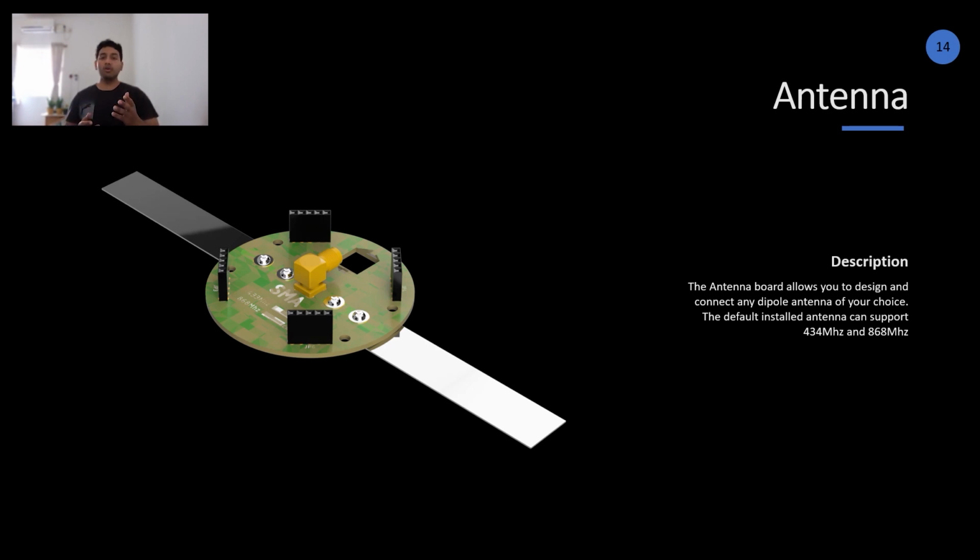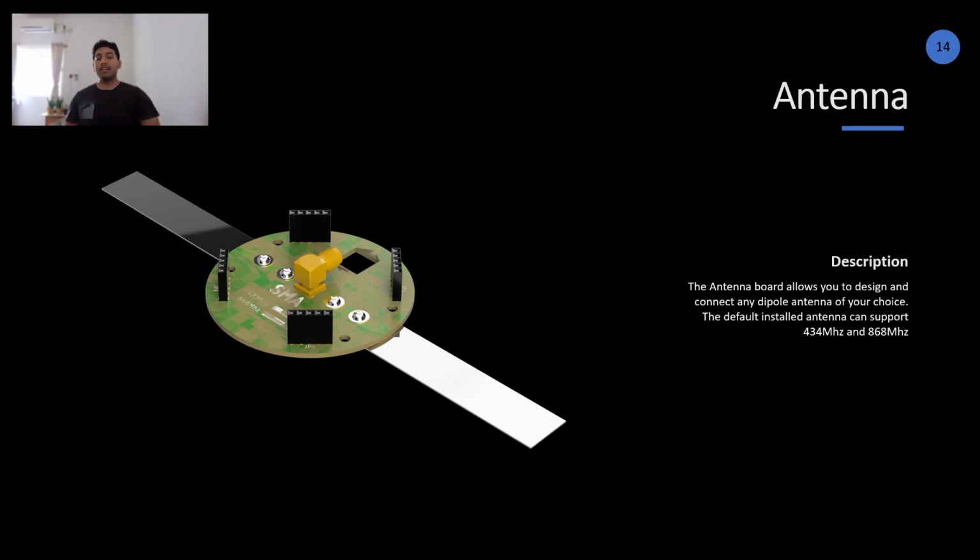By default, we include an antenna that is tuned to 434 megahertz, which is also applicable for 868 megahertz. And what you can do is, if you want to change the frequency, you can increase or decrease the length of these rods, which are screwed in. So you can remove the screws, add your own rods. You can also use flexible tape measures that can be folded, and once they deploy, they unfold. But if you do not require antennas that have to unfold during deployment and fold when in the deployer, you can always use some rigid material for the antenna. So that's a little bit about the antenna design.